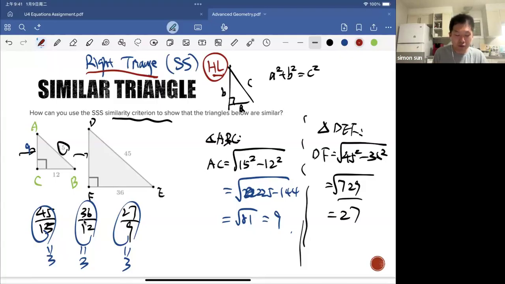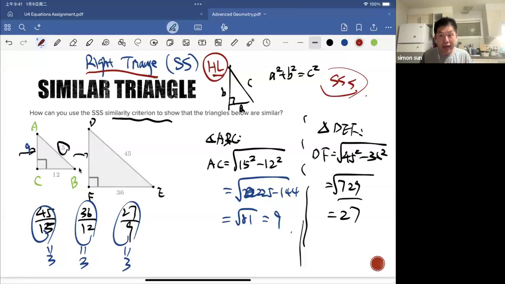Okay, so this is one special part for SSS proof for right triangles. Okay, any questions? Okay, now